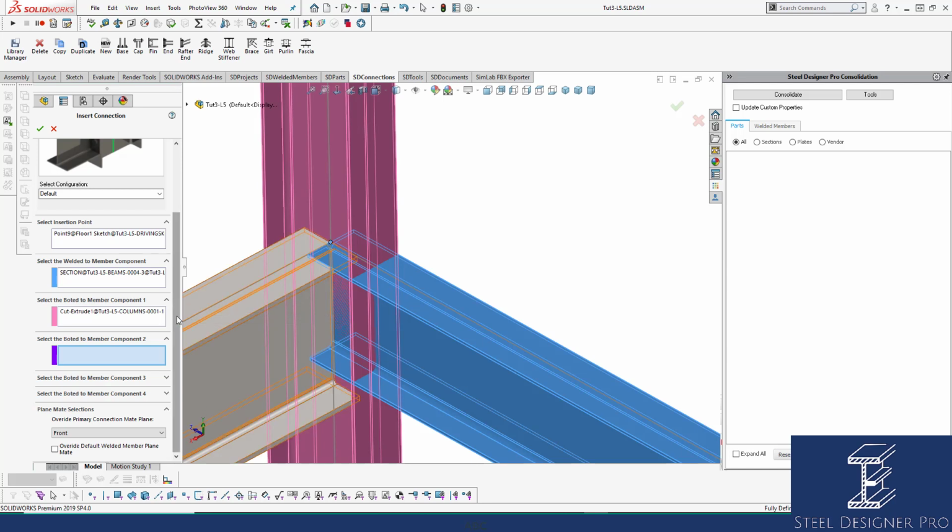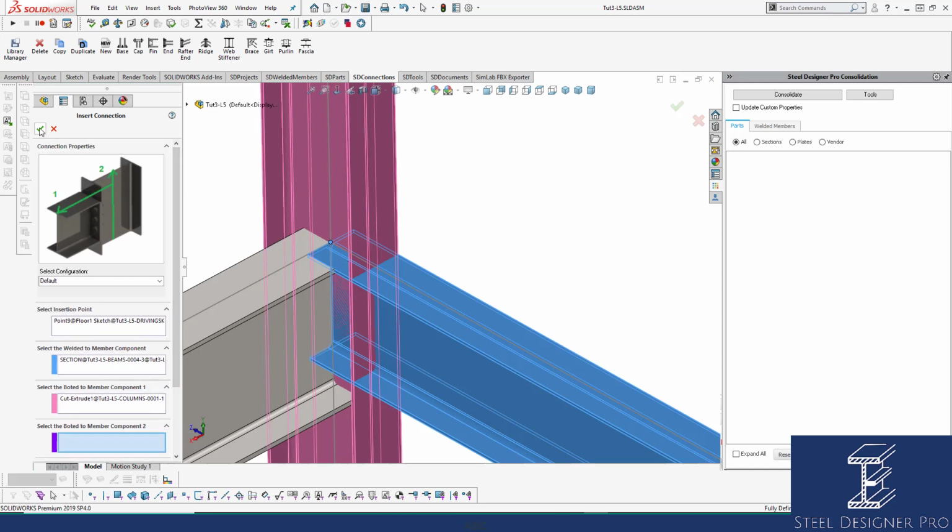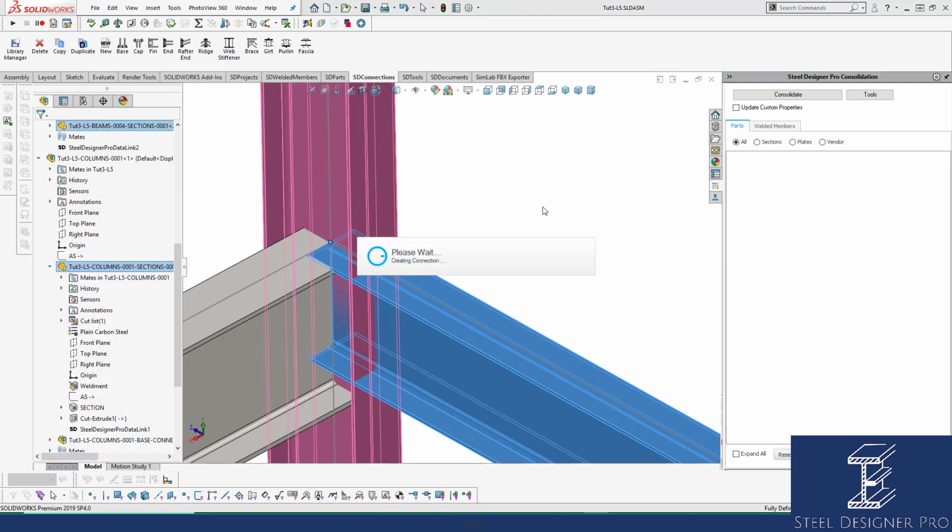Right now, this connection is by default going to mate the connection to the front face of the item that it's going to be welded to. In this case, because we draw all of our beams from left to right, the top face is the face that's pointing towards the right on this side. So by default we'll leave that as it is, and you can see that I've selected and the colors match what I've selected. Now if I hit my tick and put that in,